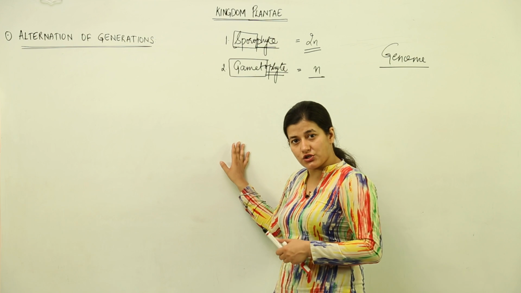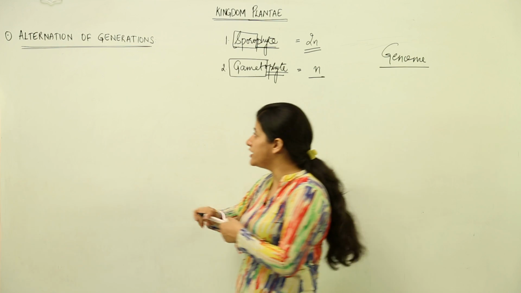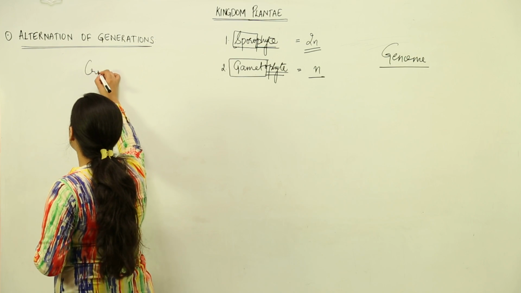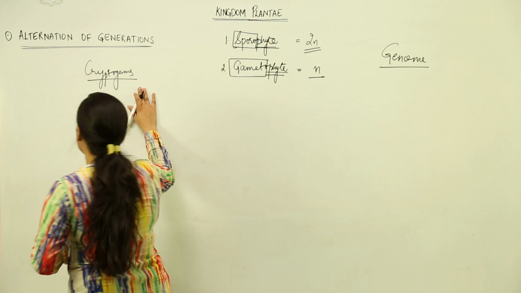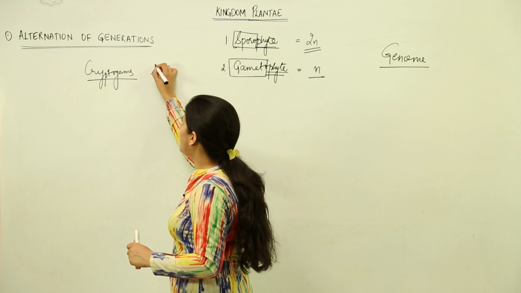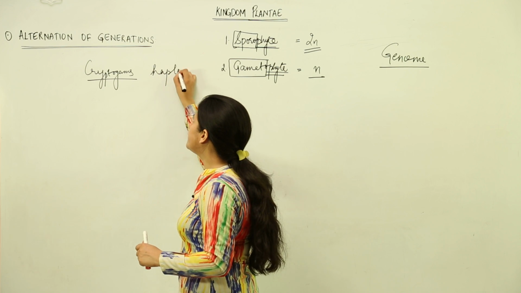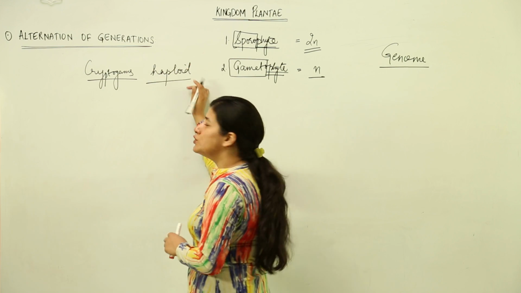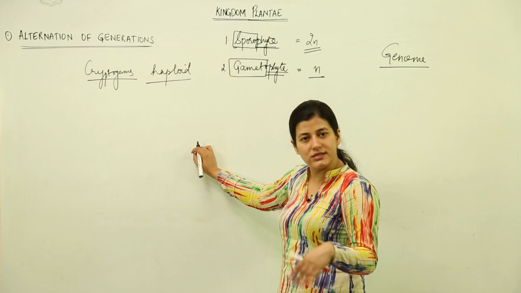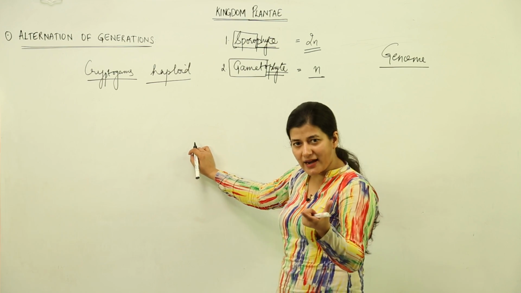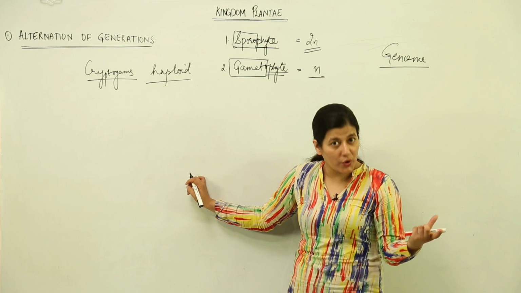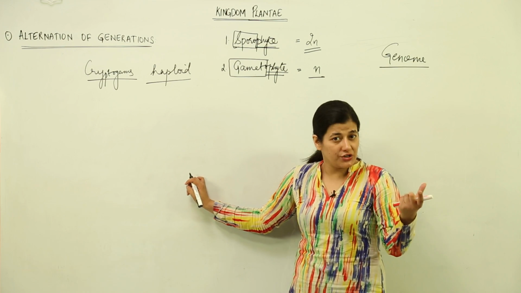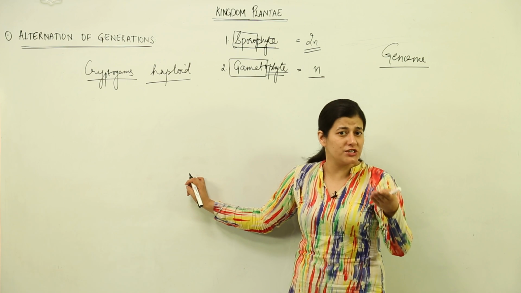In case of alternation of generation, the lower plants, especially cryptogams, mostly have a haploid plant body. That means for the expression of their characters, they do not need 2 alleles. The gene would not need 2 alleles. That means the plant body that is visible, as in the case of the mango tree, is diploid, and it is not having a haploid generation, and whatever haploid generation is present,